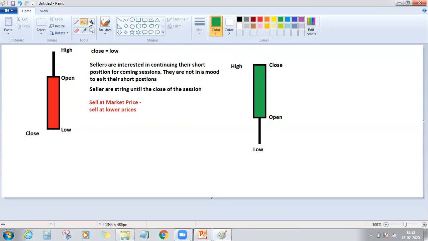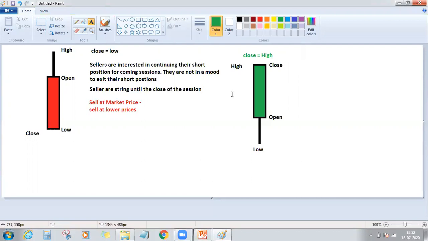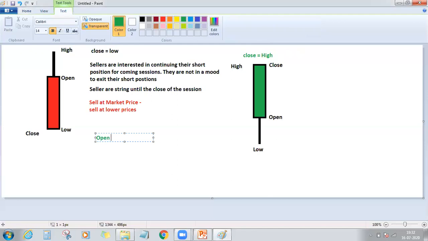The other thing which we were looking at is, this one is close is equal to high. So we have seen open is equal to high, then we saw close is equal to low, close is equal to high,